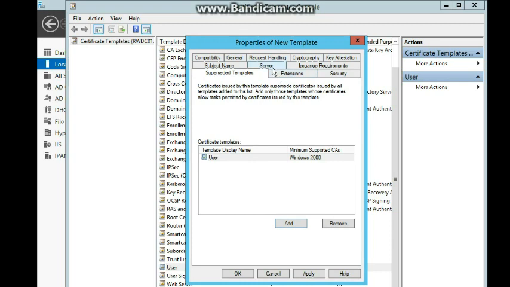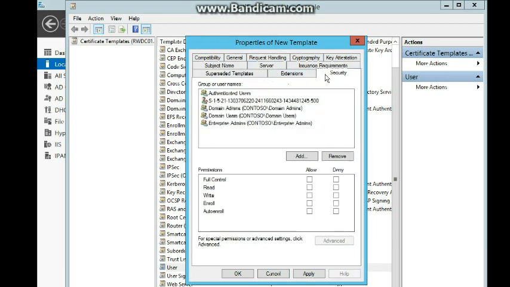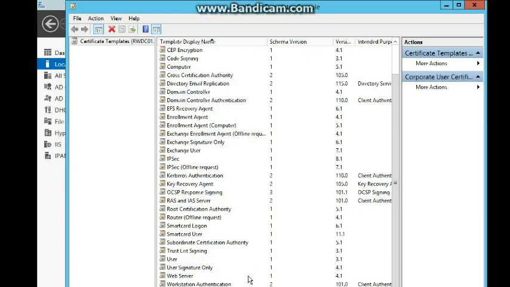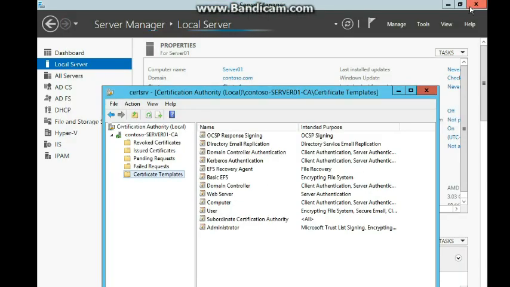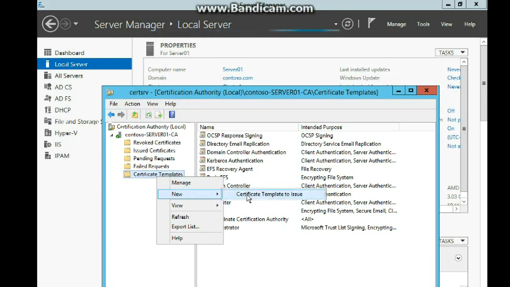And then we're going to click our server, our security tab. Click authenticated users, which is already selected. Allow auto enroll and enroll. Then we're going to OK it. And we're going to close out the console. We're going to right click our certificate templates, new, and we can